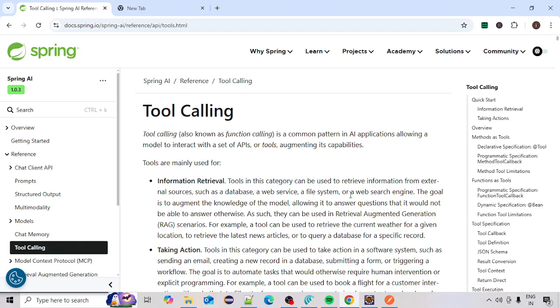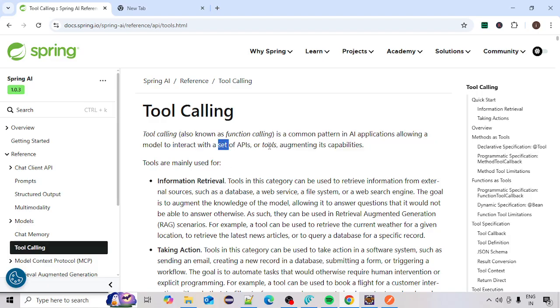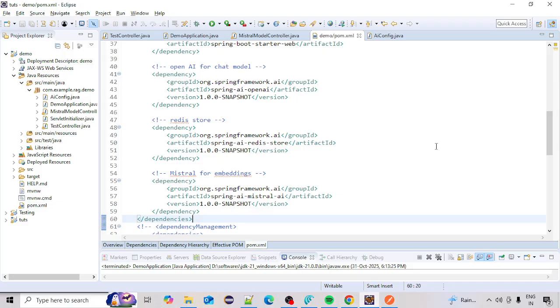Okay. So tool calling is a pattern in AI applications allowing the model to interact with APIs and tools. While interacting with the AI model, sometimes the model needs to know some real-time information, either from an API or from a database or something else. So earlier, in my example, I created a RAG-based application using Redis as a vector store,